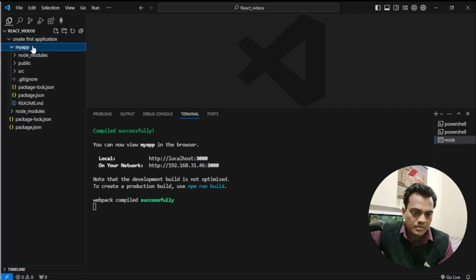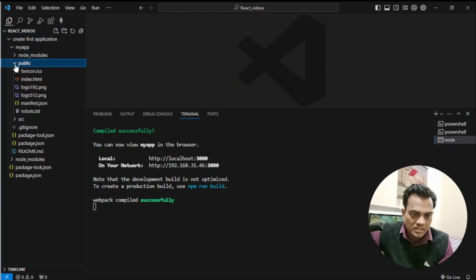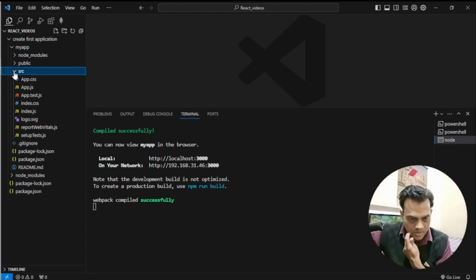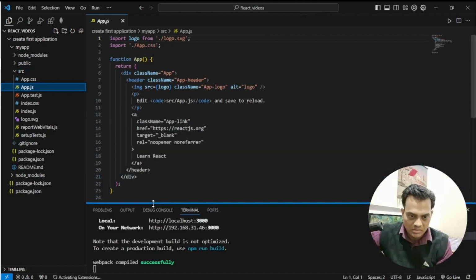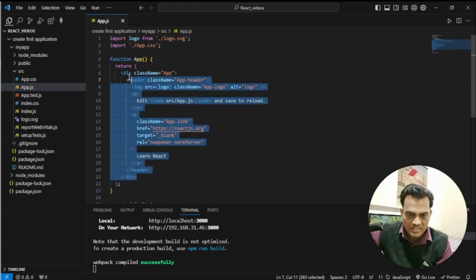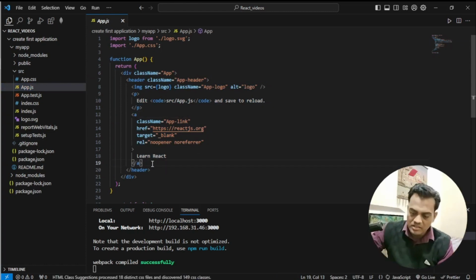Now it is important, my application. In my application there is node_modules which contains the packages. Public will contain some of the public resources available for our project, and another important one is the src folder. In the src folder we have to change App.js. Basically App is a component. Inside this component, if you change something, for example after the learn react word, if I put the h1 tag, and within the h1 tag I put hello world,